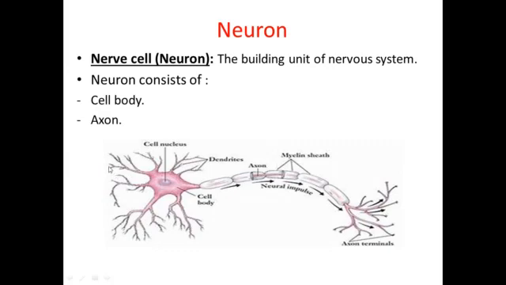impulse is transported from one cell to another through the axon, passing through the axon terminals which transfer the impulse to the nerve cell body of the next neuron. The axon is covered with a myelin sheath, and it ends with axon terminals.